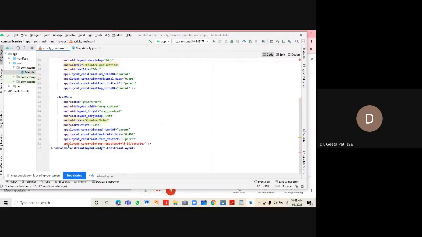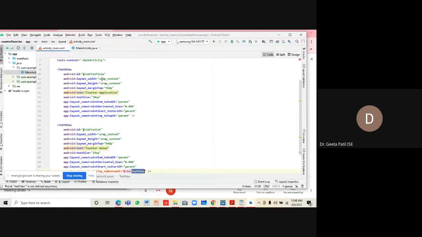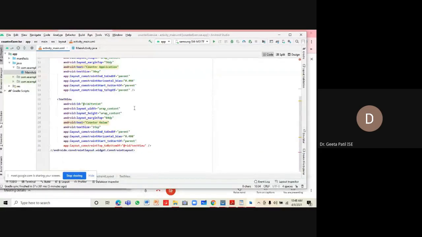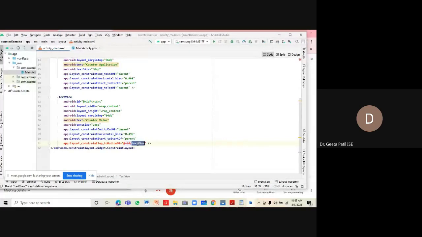Then we see the red line, which means that the top constraint for txtCount is not found. So we have to do the remapping: the text view we are changing to txtTitle. The problem will be solved.